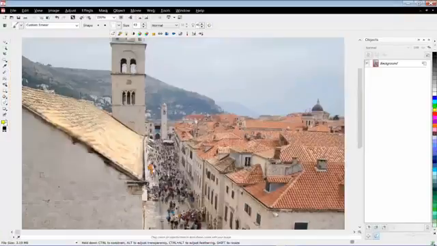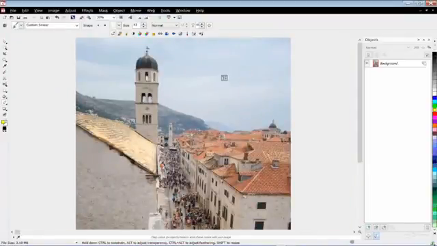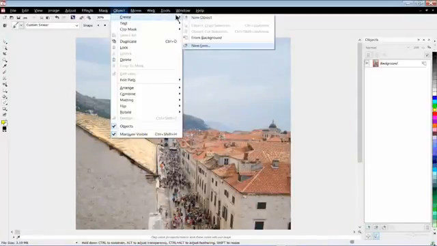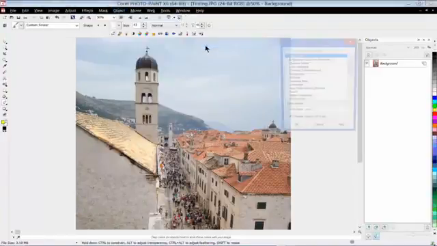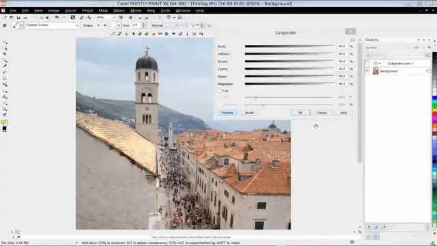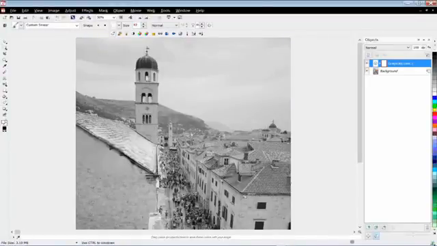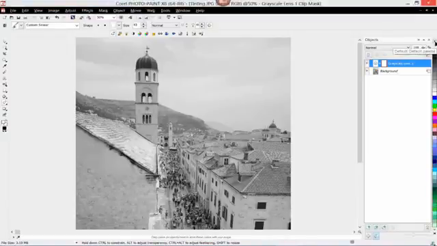Let's just move out a little bit here. And what I'm going to do is I'm just going to apply a lens to this. And I'm going to go down to my grayscale lens, say OK. Now what you can't do is you can't paint with effects on top of a lens. So if I choose my smear brush here, you can see nothing's happening when I try to paint on the lens. What you would need to do here is to basically